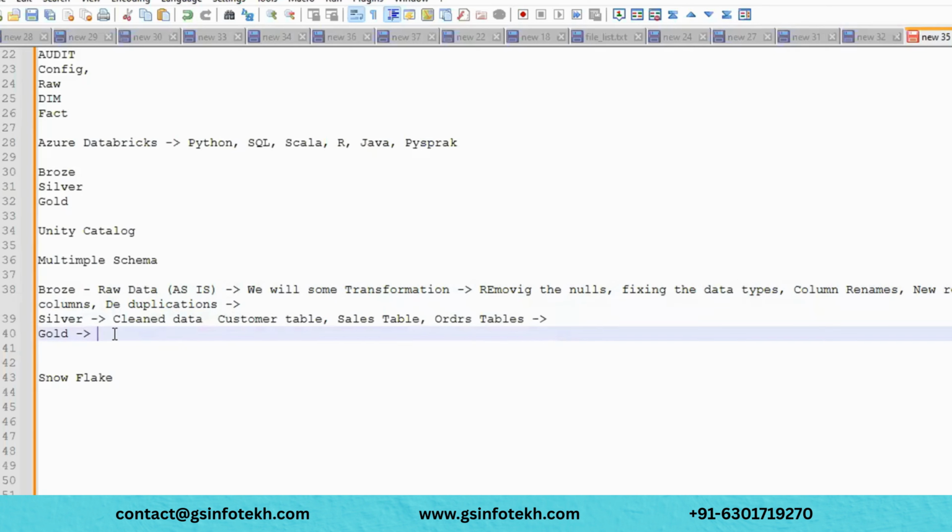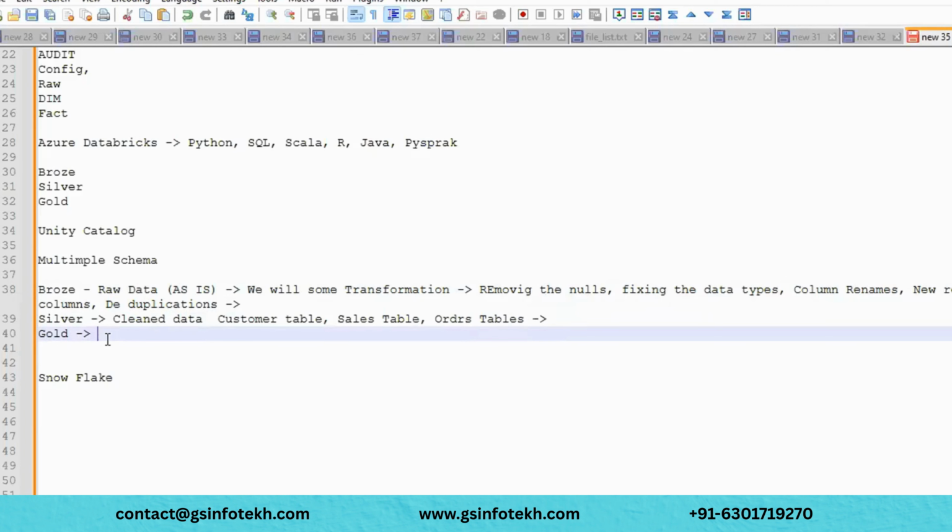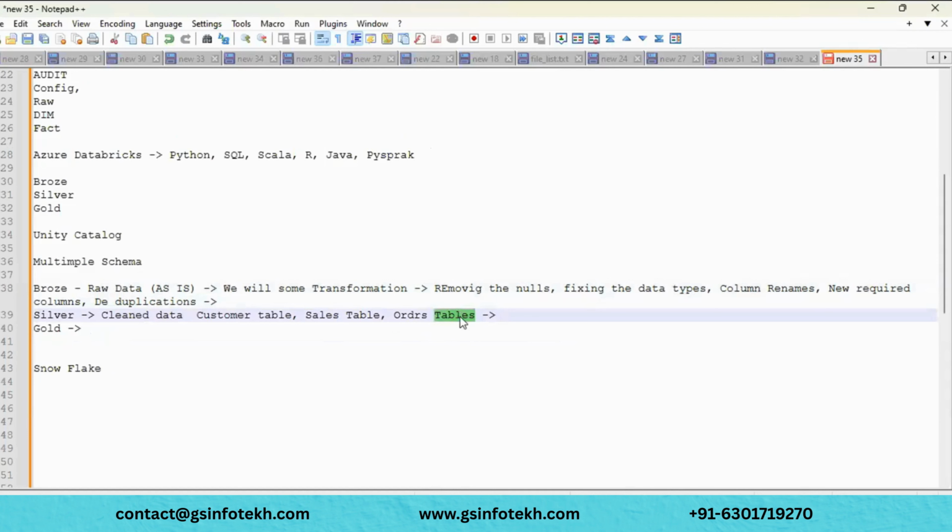Whenever you want to perform some transformation, why do we need these layers? I could create only one layer. Why do we need this? See, I want to add some columns. I don't want to disturb the gold layer, I can just add that in the bronze layer. If I want some aggregation, like adding a group by on an additional field, then I can put that here. That is what it is used for.